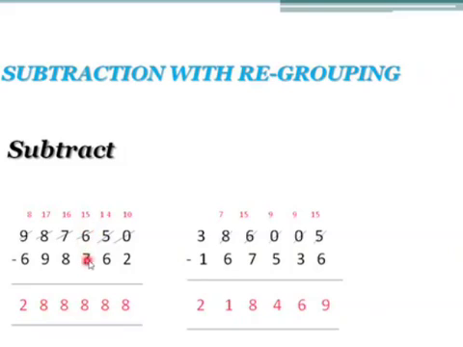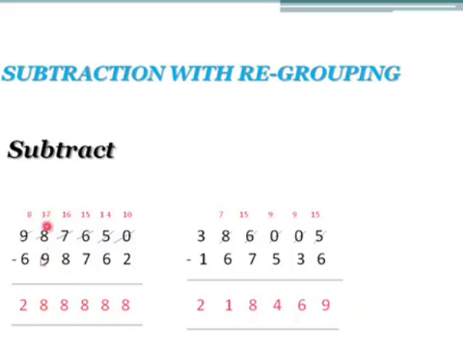Then again here 5 minus 7 is there. From a small number you cannot subtract a bigger number. So again you have to borrow from the next number. Here it is 7. If you borrow from 7, it will become 15, and 7 minus 1 will be 6. So 15 minus 7 is 8. Then again 6 minus 8 you have. 6 is a small number, 8 is a bigger number, so you cannot subtract. You should borrow from the next number. Here you have 8. 8 minus 1 will be 7, and if you borrow 1 from here, this number will become 16. So 16 minus 8 gives us 8.